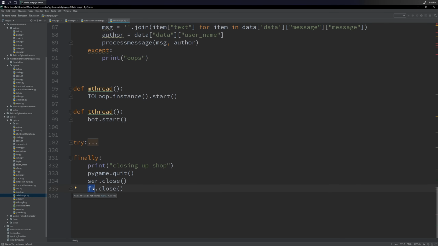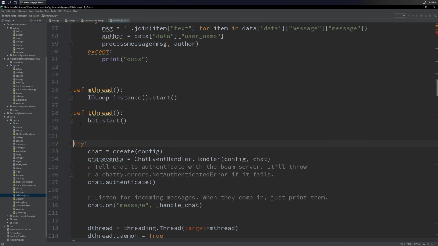I remember one time, because OBS has a thing where you can display text on the screen, and you can read that text from a file, and you can update it in real time. So that's what I was trying to do to get the chat on the screen. Except that's not real time enough. It's too slow. So I couldn't use that. But that code's still there. I never got rid of it. Maybe if I was using an IDE, I would have seen, oh hey, FH isn't defined, I should get rid of this. But I wasn't, and so I didn't. And so it lives on.